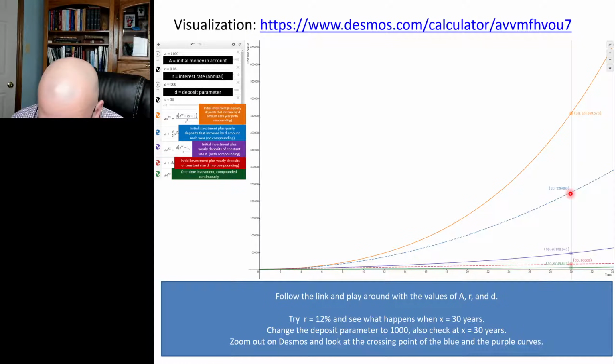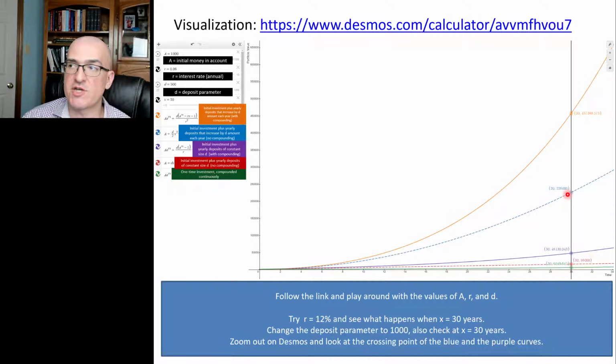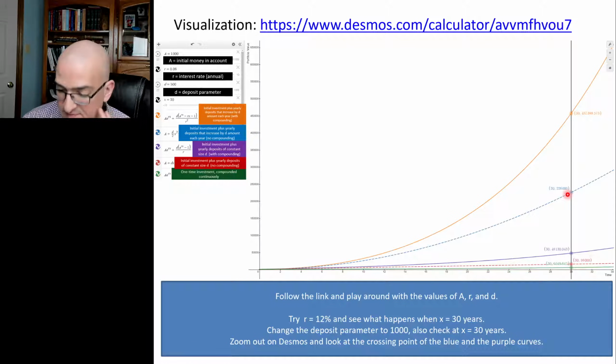There's half as much in the account that has a growing amount of money being thrown in without any compounding. So this is just money being thrown under a mattress, saving more money each year, but not investing it. And then the purple curve underneath